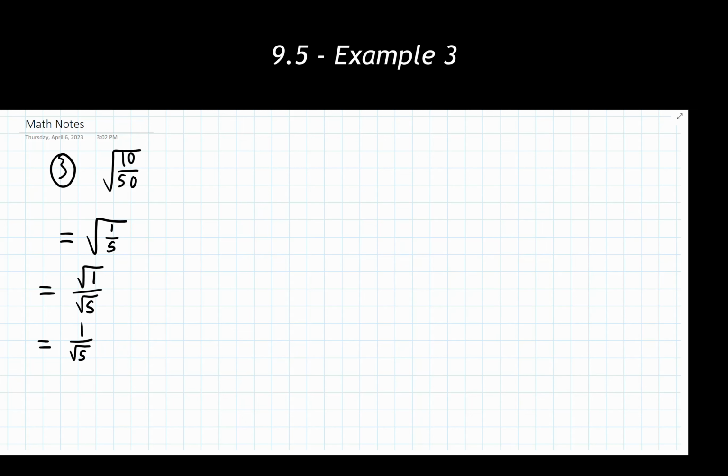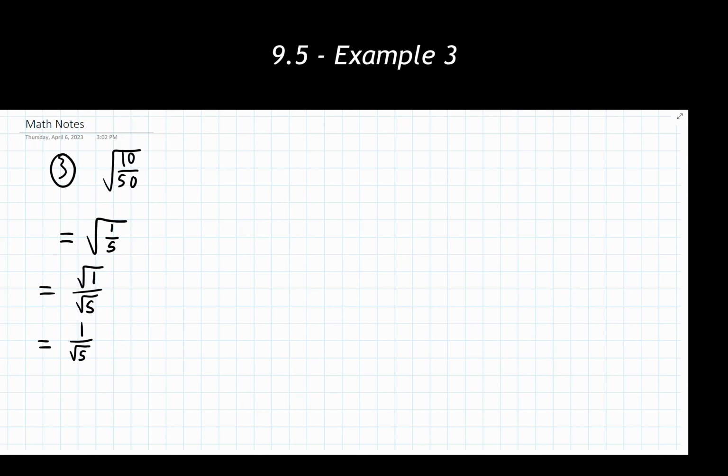It's at this point in time we now have to remember back to our rules at the very beginning, which stated that we cannot have a radical in the denominator spot of our fraction. So how are we going to be able to deal with this? Well, this is where we need to go through and rationalize the denominator. If we are working with a square root in the denominator spot, like we are currently, so it's a single radical, there's no adding or subtracting going on in front of it or behind it or anything like that. It's just a single radical that's there.